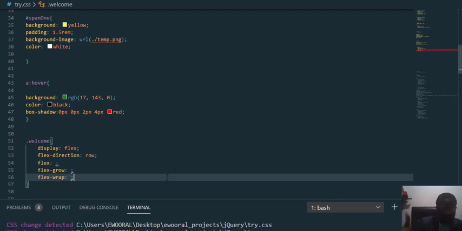So that was pretty much how to set your flexbox, how to section your web page in such a way that